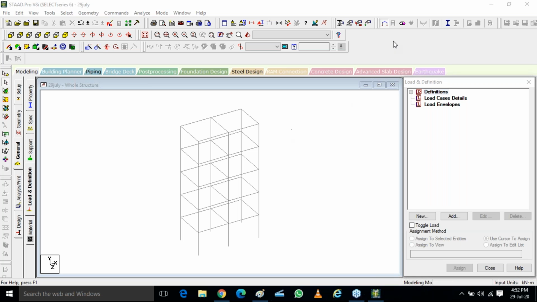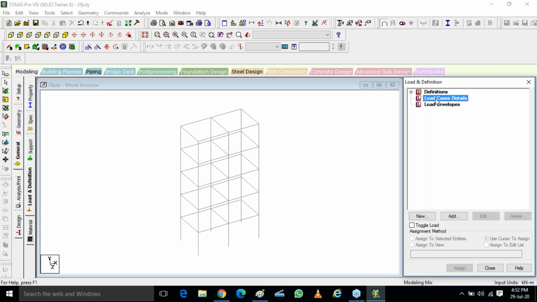Okay. Now, definitions are for those loads like wind load and seismic load, which are not specific to the model. They are specific to the area. We will define that. If I press it, you have wind definitions and seismic definitions. We will work mainly on wind and seismic, not other than that. Then after that we have load case details. Load case details are where we form an envelope. Suppose in your computer you have folders, we create a folder like a dead load folder, live load folder, seismic load folder, and wind load folder.